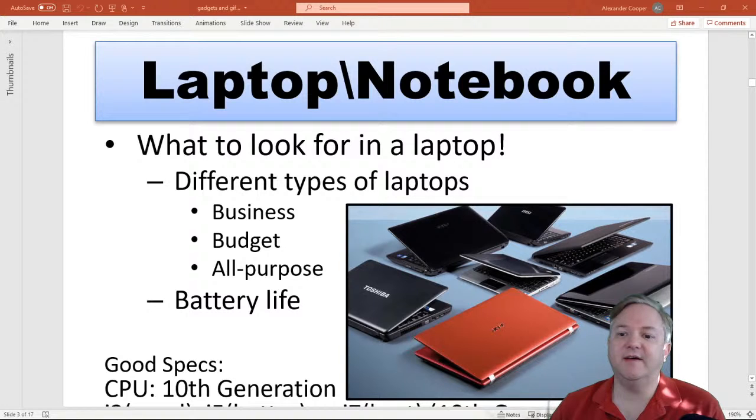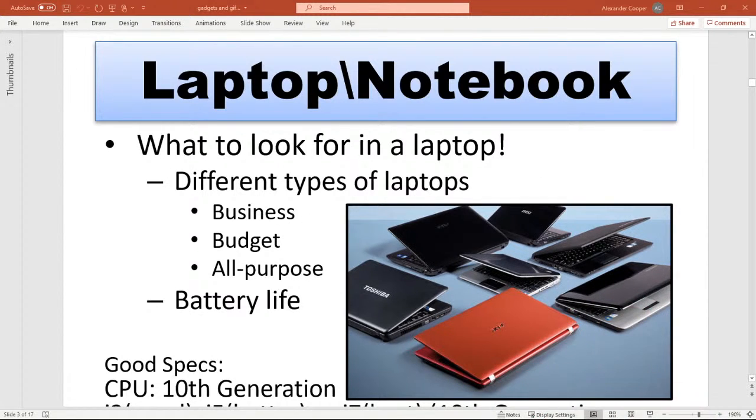And let me see if that link is available yet. One second. Yay, okay. Now, all right, so I'm going to post that into our chat. And there it is so that you can follow along with me, okay? All right, so let's talk about our different laptops, and I'll disappear so I'm not blocking the screen, of